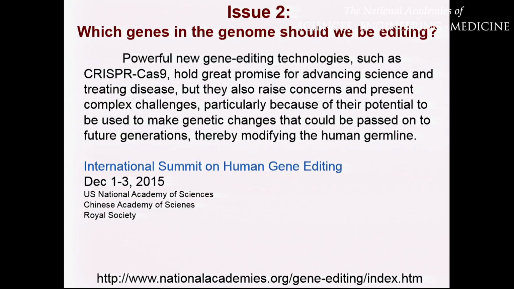Issue 2 is that we actually can use genome editing techniques. At the time we started this, we used recombinogenic AAV. You can use CRISPR-Cas9 now, and what genes in the genome should we be editing for these therapeutic applications? Our patients have a mutation in collagen 7, so it seems an easy ethical issue to just correct that and then go on in life. But what about correcting other issues?